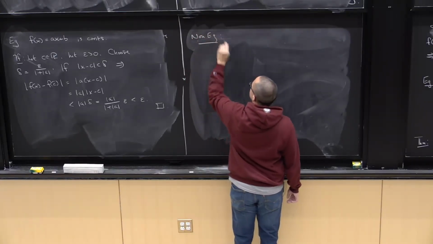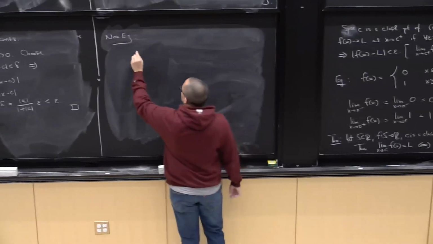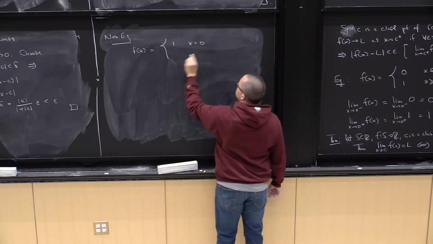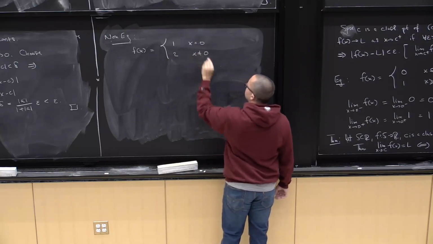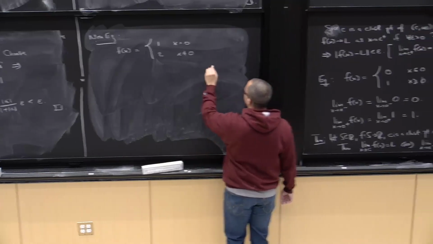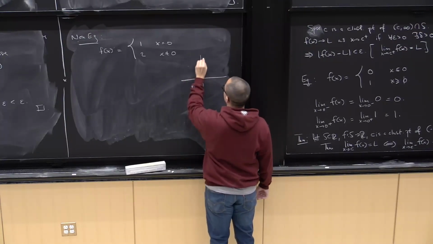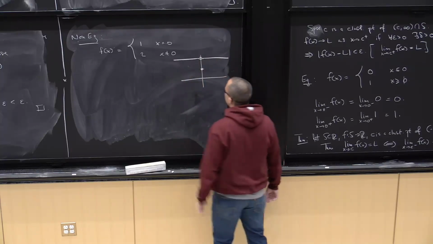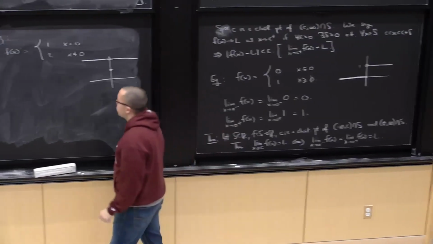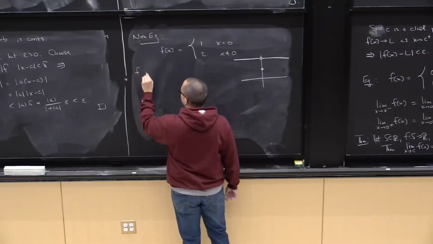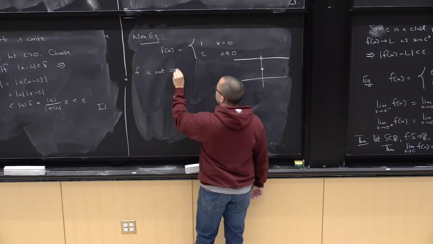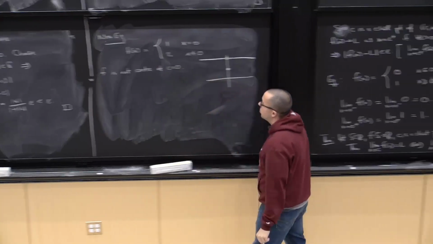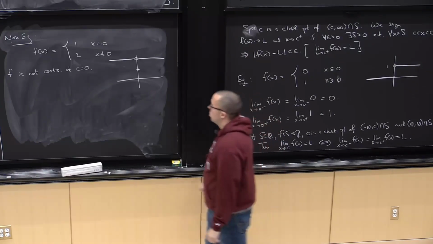Like, here is a non-example. The function f of x, which equals 1 if x equals 0, 2 if x not equal to 0. So that's the function. F is not continuous at 0. Okay? So to prove this,